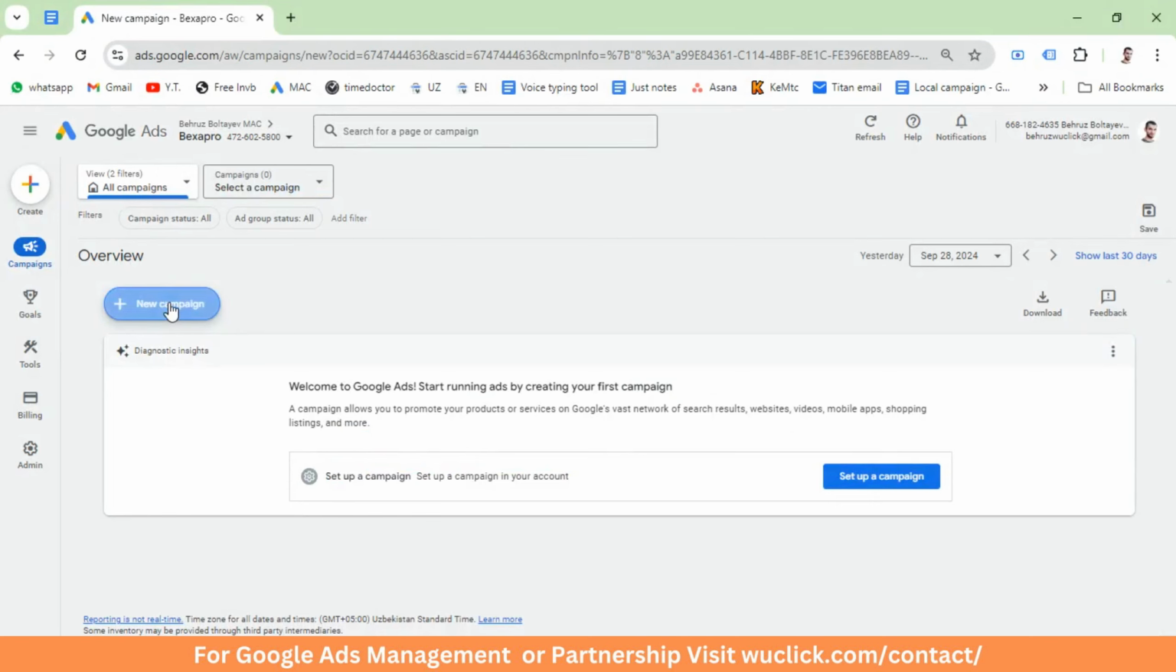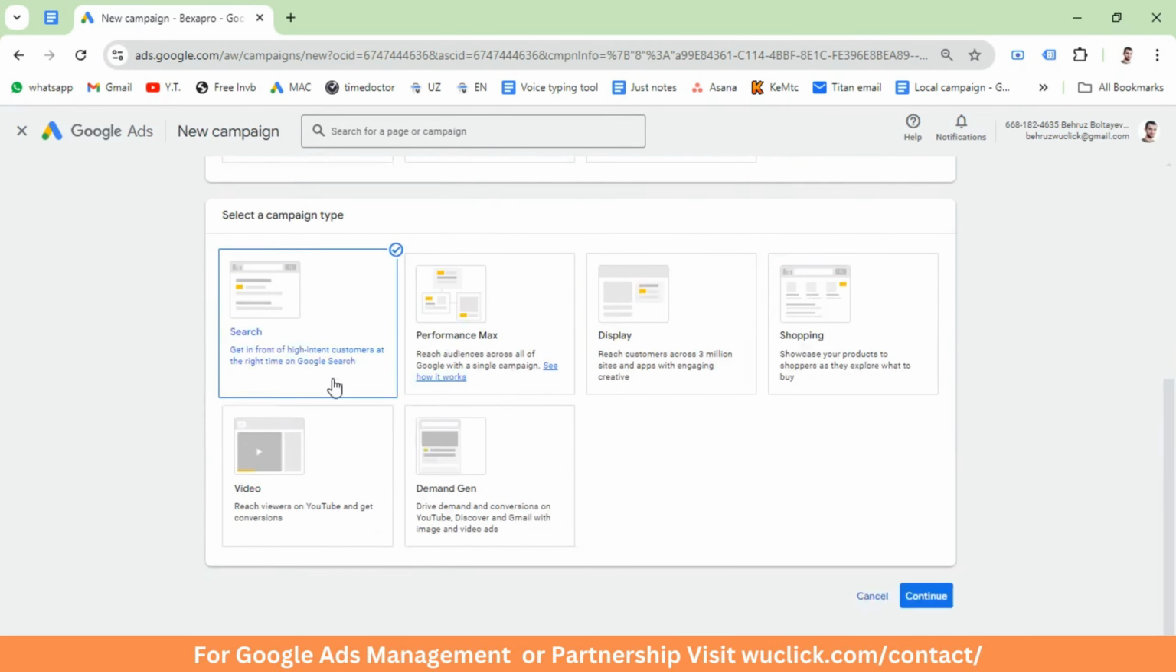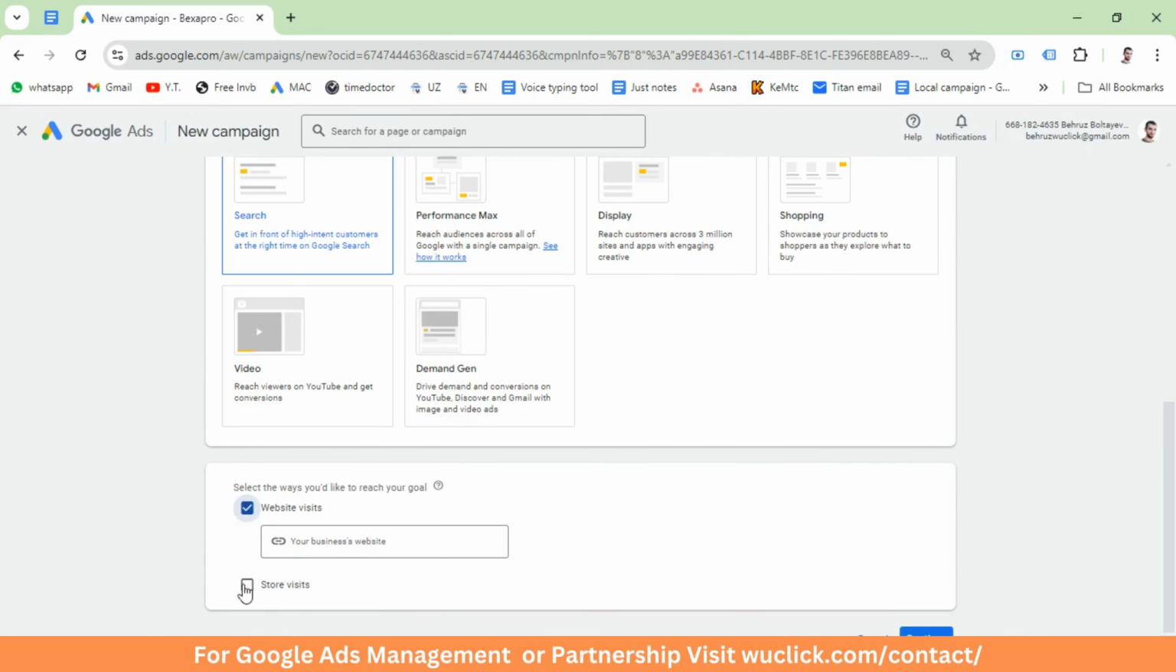So click on new campaign, leads, search. We want website visits and phone calls. We can add phone call option here later, and click on continue